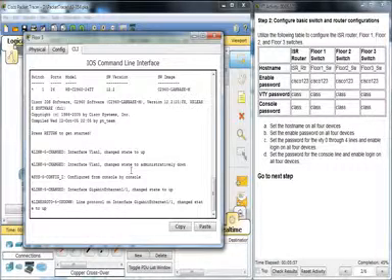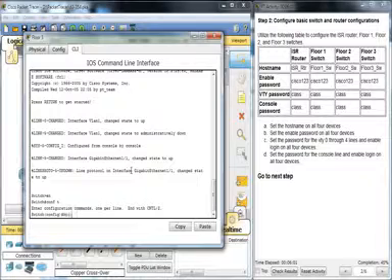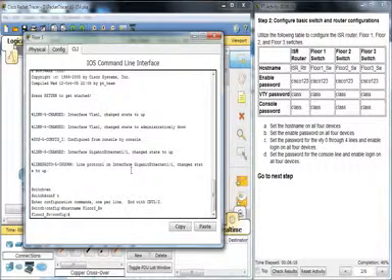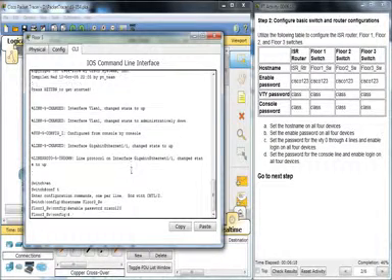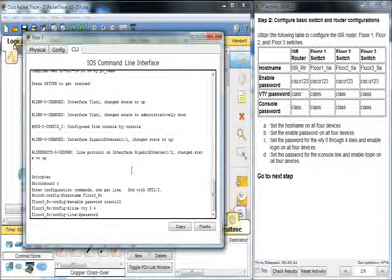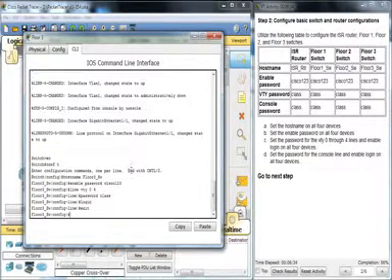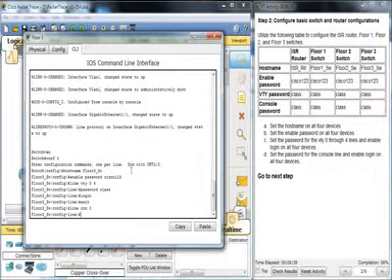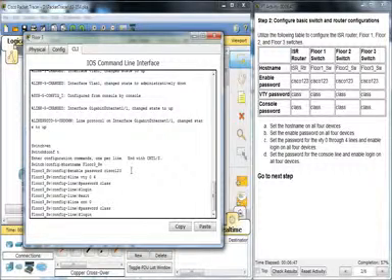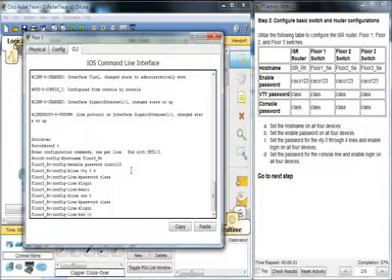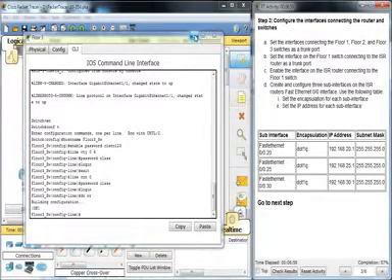switch 3. That's all done. And now we set